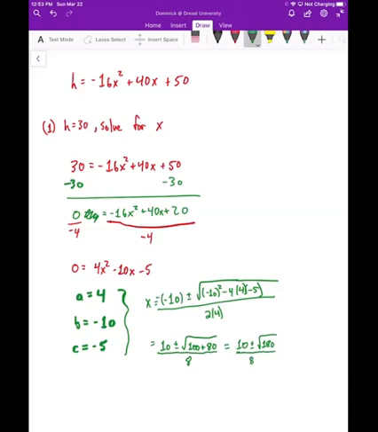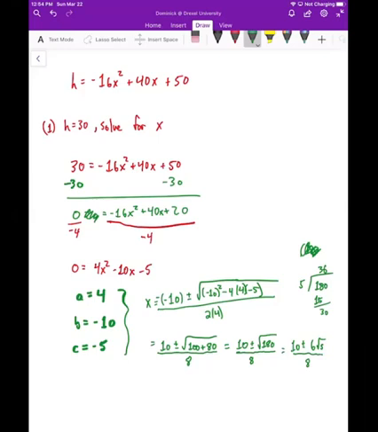over 8. And I believe that we could take a 36 out. I believe if we do 36 times 5, that should give you 180. Let's just check that real quick. Well, that won't work, right? So let's do 180 divided by 5. And we'll get a 15, we'll get a 3, we'll get a 0. Yeah, so we do get 36. So we could say that this is 10 plus or minus 6 times square root of 5